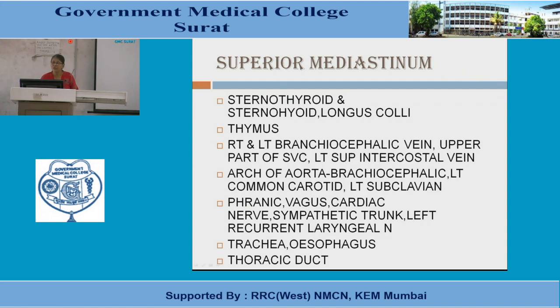We'll see this. Now let us talk about the nerves. Which are the important nerves in the superior mediastinum? Phrenic nerve, that is formed by C3, C4, C5. The root value is cervical and it comes to supply the diaphragm and other structures. So this will travel through the superior mediastinum. So right and left phrenic nerve, right and left vagus nerve, then cardiac nerves, which form the superficial and deep cardiac plexus, and the root value is T1 to T5.